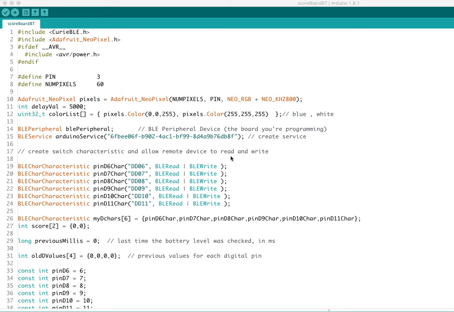I'll run through this really informally, line by line or section by section, and try to get through all this code. If you have some experience with NeoPixel code, LED stuff, that should be pretty self-explanatory. All of the Bluetooth code here is straight from one of the example files that came from Intel for this project. And if you don't have any idea what you're looking at, this might not be the best place to